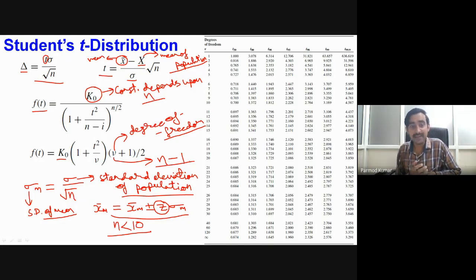When our sample size is large and approaching infinity, our t distribution becomes identical to the normal distribution. This is one very important point: the t distribution is particularly applicable for low sample sizes, and when our sample size becomes large enough to meet good statistical analysis requirements, the t distribution becomes identical to the normal distribution.